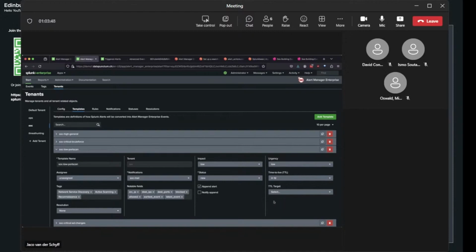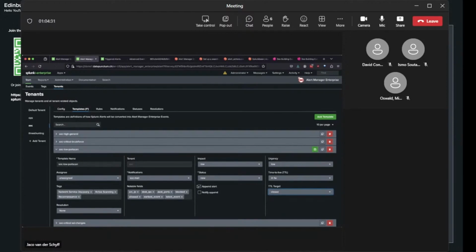The next day, that vulnerability is still there. The scan runs and it appends the event. As soon as the vulnerability is remediated, it does not show up in the scan anymore. After 1 day or 1 week, you can say that the status is automatically closed, which means that if we don't see that vulnerability again, we can set the alert to close. So now it becomes a simple comparison of how many vulnerabilities we have in the open state with how many appends, so how long has this vulnerability existed, versus how many we have in the closed state, where that vulnerability did not appear again. Obviously, this does not account for hosts that have gone missing, so there's some additional query you would need to do there.